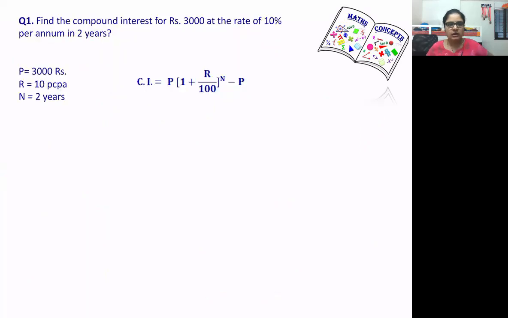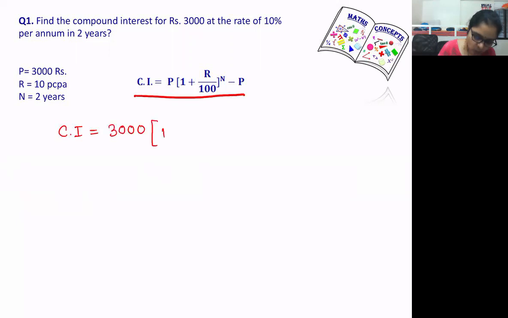Let's move on. Let's solve a few examples. Here, find compound interest for ₹3,000 at the rate of 10% per annum in 2 years. What have they given us? Principal is given, that is ₹3,000, rate is given, that is 10%, and number of years is given, 2 years. What do we need to find out? Compound interest. I have already written the compound interest formula here. Okay, let's find out compound interest. CI equal to P. What is P? 3000